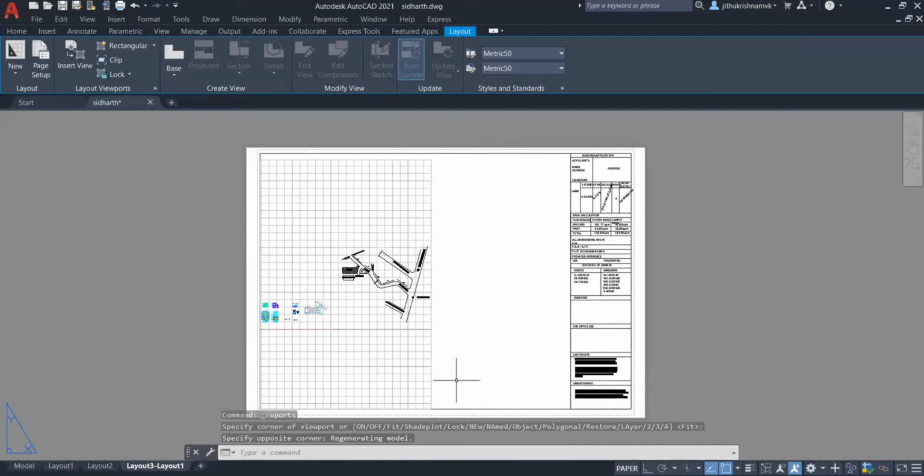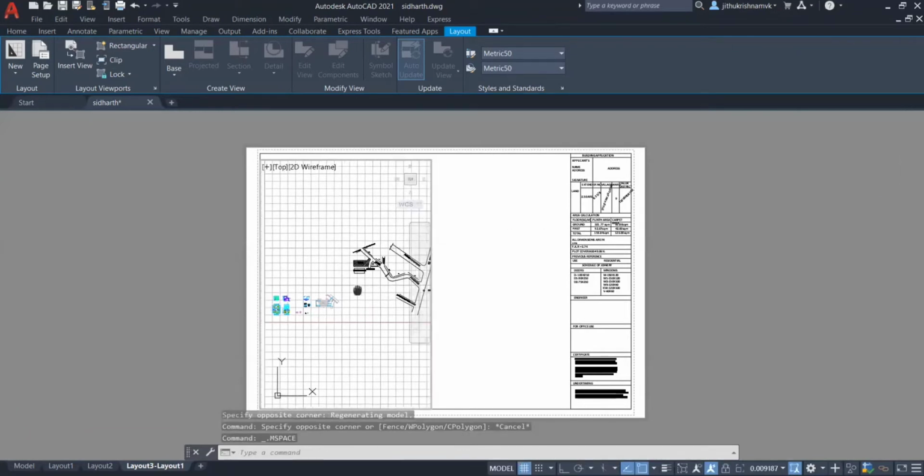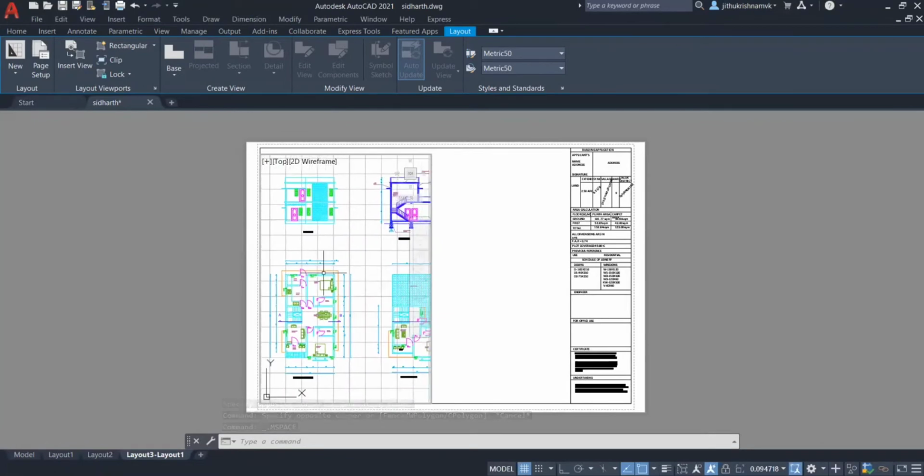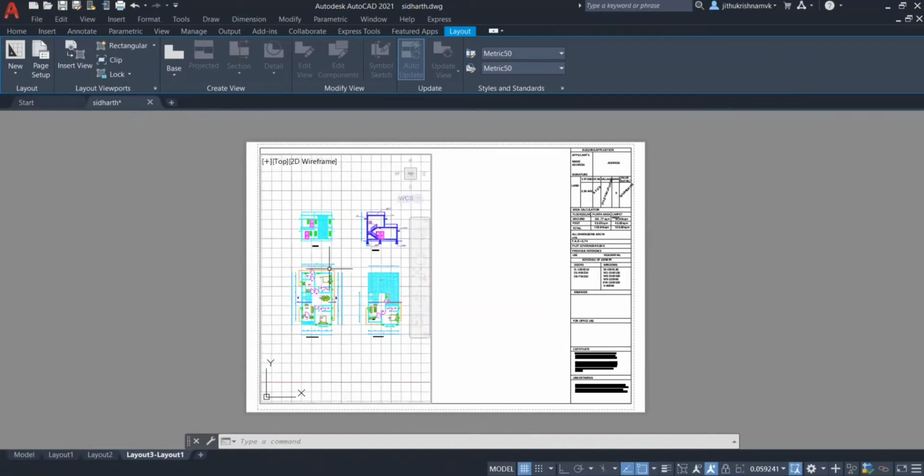As you can see, the drawings in the model space are now visible. If you want to make the viewport active, double click inside and adjust the zoom. If we want, we can switch off the grid lines by switching off this grid option.